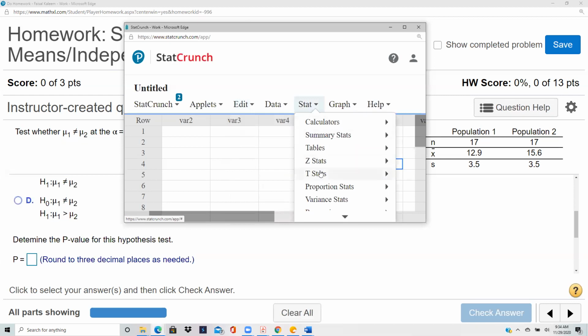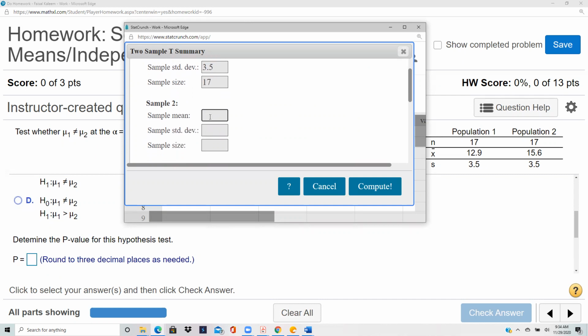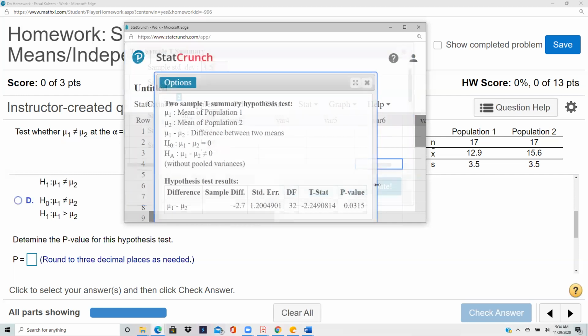Stats, t-stats, two samples with summary. So sample mean is 12.9, standard deviation 3.5, and 17. So 15.6, 3.5 and 17. So 0.0315,